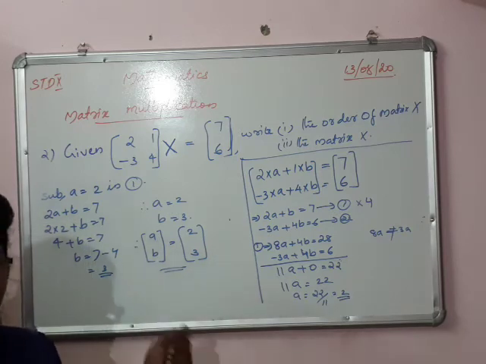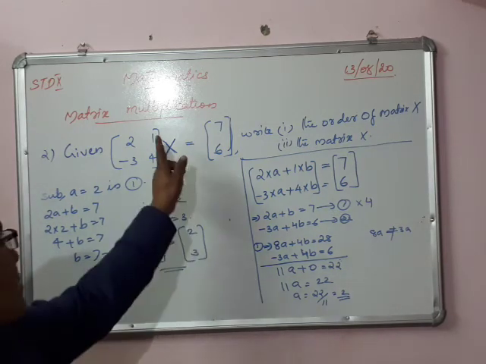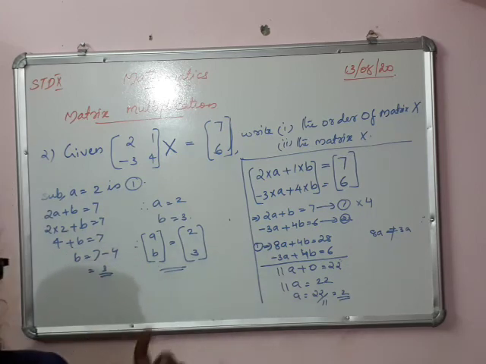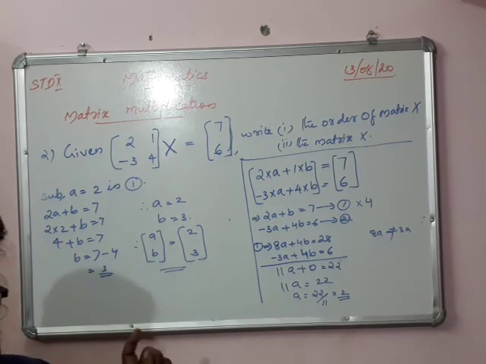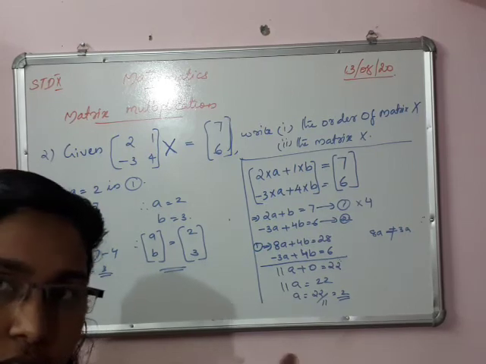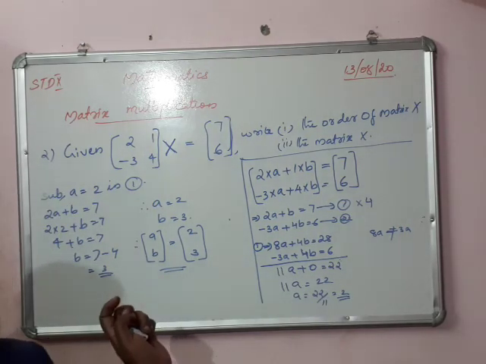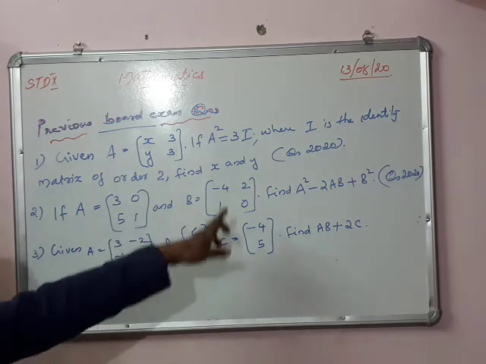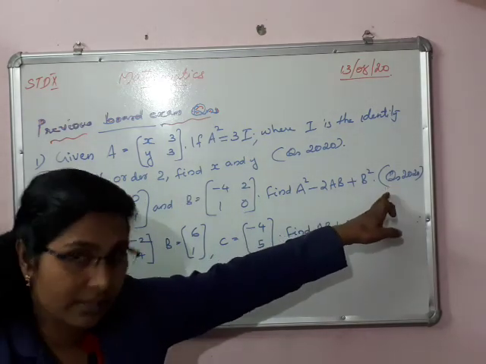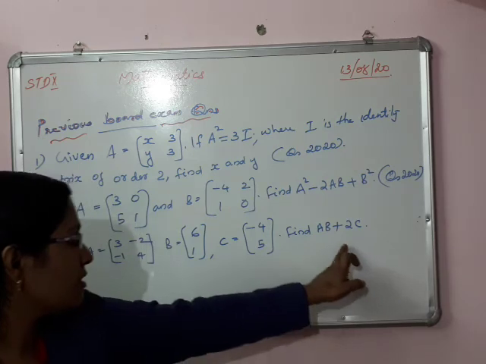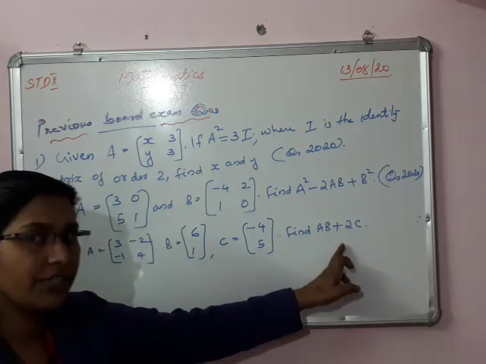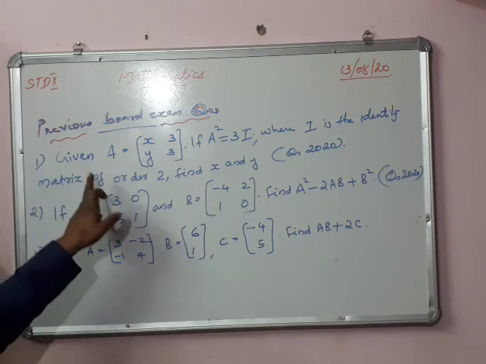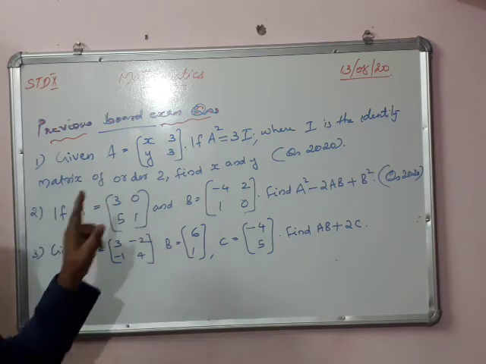Then section A and B. In both sections it will ask 4 and 4 marks, so a total of 8 marks of questions will be asked from this portion. So take more importance, give more importance to this chapter. Here are some previous years' board exam questions. The first and second questions are last year's, 2020 questions. This is, I think, the 17th question, a 2017 question. Then write in your notebook, try to solve, do carefully.